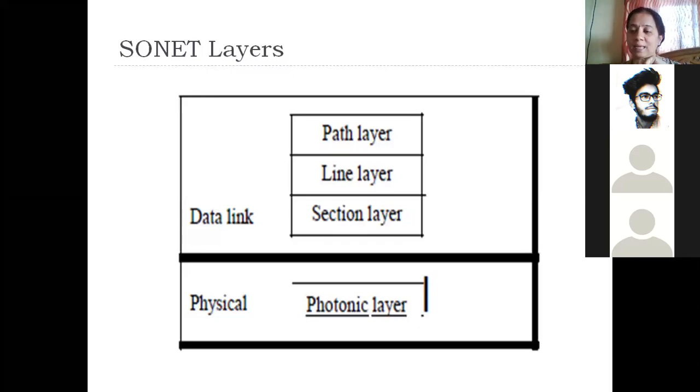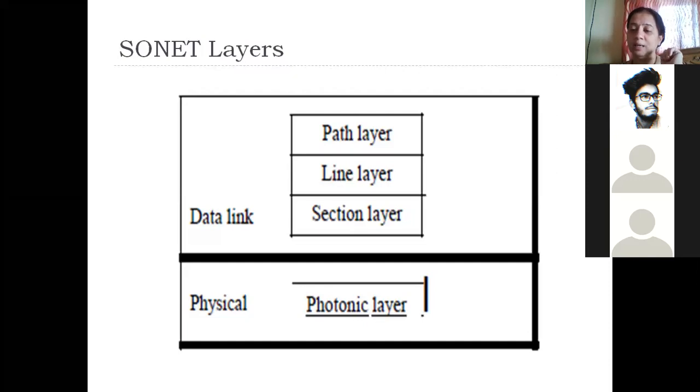The names of these layers are given based on the connections that are there in SONET. I told you, between any two adjacent devices, we call it a section. Between two multiplexers, it is known as a line. And between end devices, it is called a path. So you can now understand that these layers have been named depending on what functions they are performing. If end-to-end functions are happening, they are done by the path layer. If a function between two multiplexers is occurring, then it is done by the line layer. Any two adjacent devices, from one device to another, if data is being sent, then that is being done by